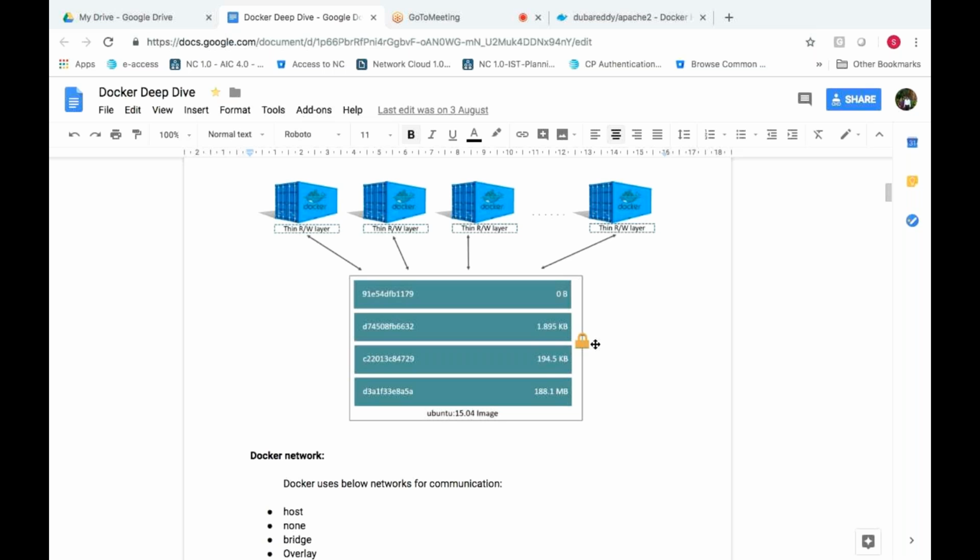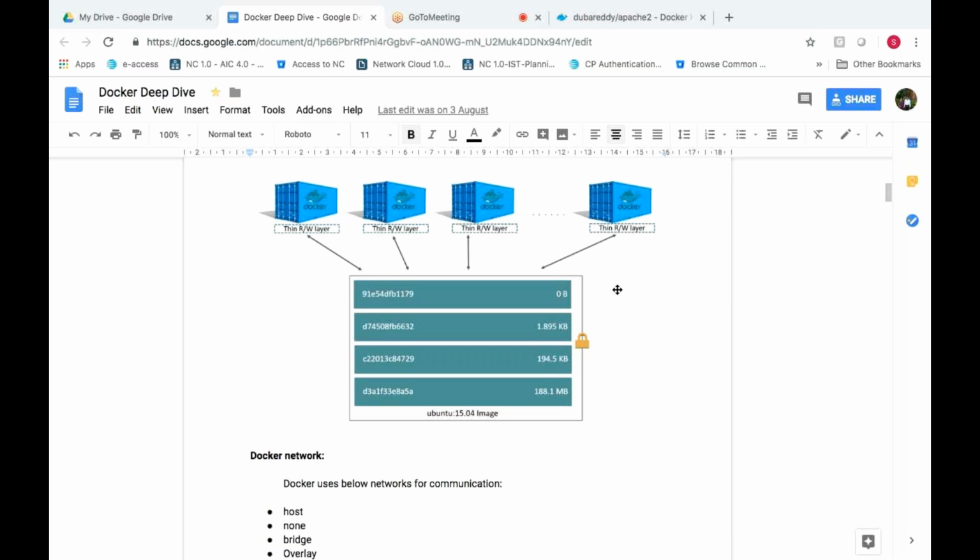It will give you a warning saying that there are so many containers running with this image. First we need to delete the containers and then we can go for the image deletion. We cannot directly delete an image when there are multiple containers running.